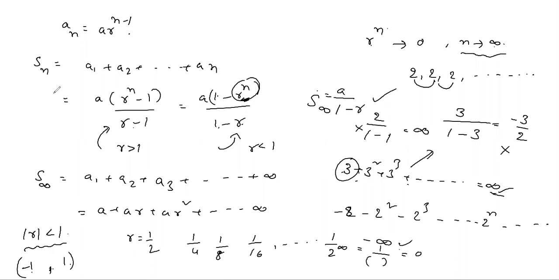For Sn you can use the formula for any value of r. But for infinite terms there is only one case: the common ratio should lie between -1 and +1. Then the formula is S infinity equal to a by 1 minus r. Otherwise, you have to give the answer differently. Suppose the common ratio is more than 1: if all terms are positive, plus infinity; if all are negative, minus infinity. In these two cases we can give the answer, but for alternating plus and minus terms, we can't say. Okay? Understand this one?